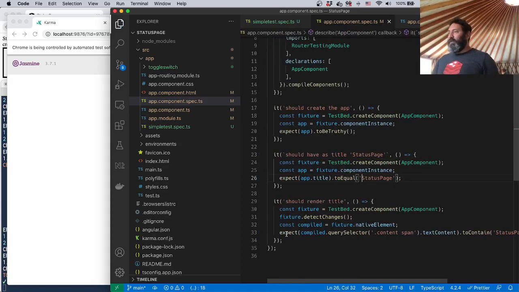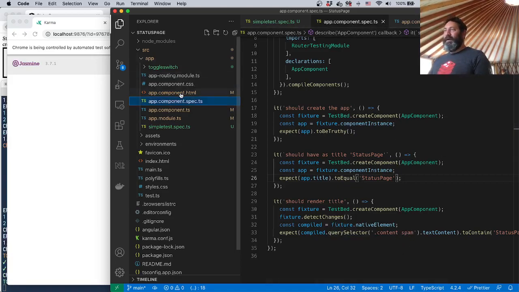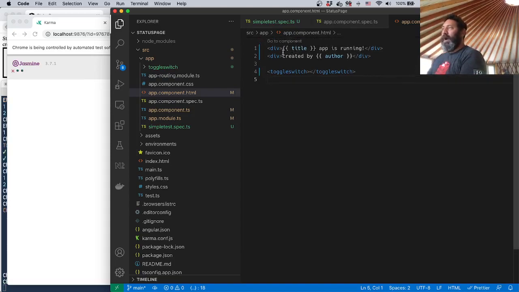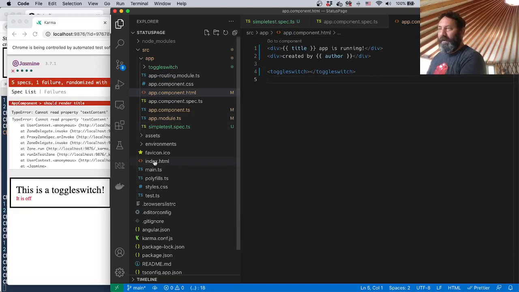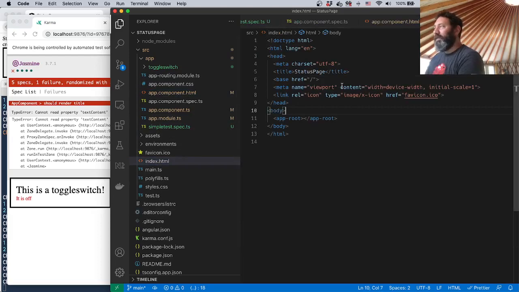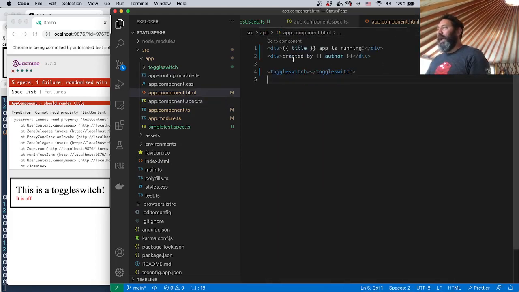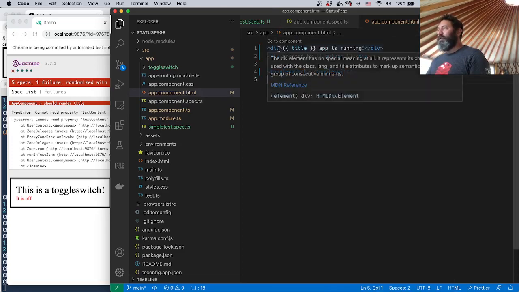But what we're doing is we're doing expect compiled query selector content span. Now we don't have a dot content and we don't have a dot span here, right? In our, well, let's look at our index.html. I think we do have a dot content. Nope, we just have our app root. So looking at our thing, we want to see